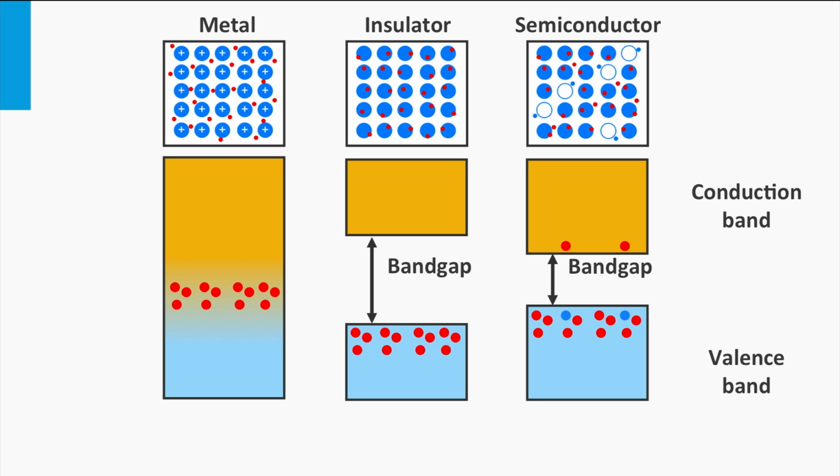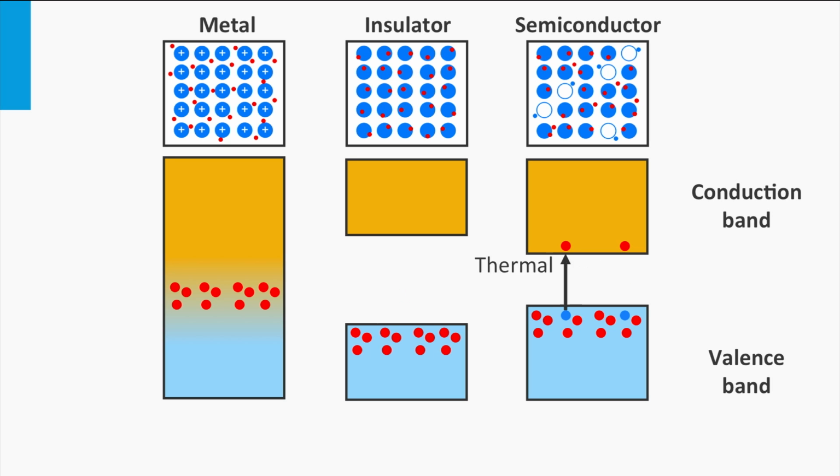The difference between insulators and semiconductors is that the band gap of an insulator is much larger than the band gap of a semiconductor. The band gap of an insulator is typically larger than 3 electron volts. The larger the forbidden gap, the smaller the probability that an electron can have enough energy to occupy a state in the conduction band. For a semiconductor, the band gap is smaller. If the band gap of a material is smaller than 3 electron volts,